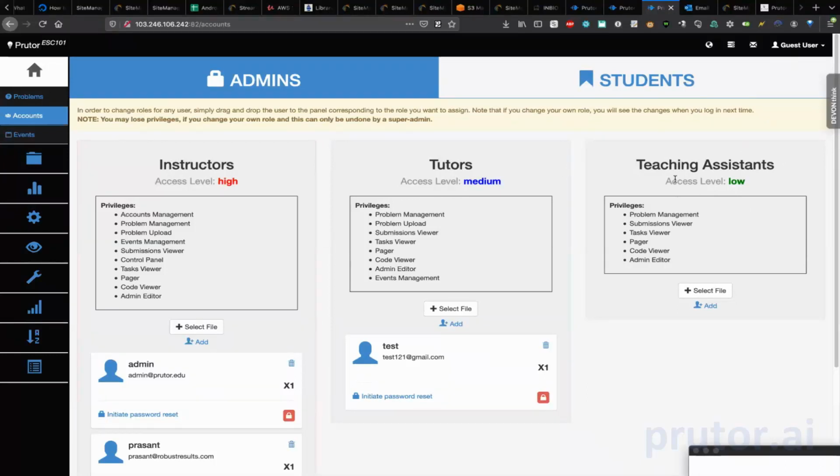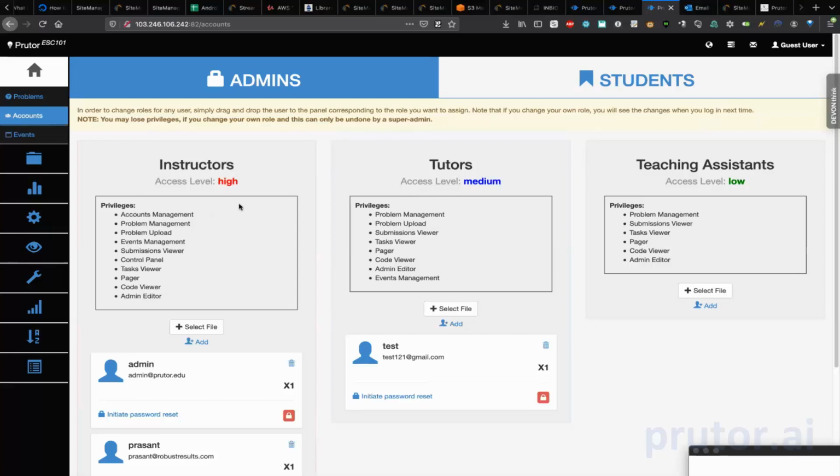When the lab is running, teaching assistants are there. Students can just click here to send a message, and teaching assistants respond to those messages and help the students. So tutors look at the overall grading, etc., and instructors the overall picture. So the final quiz, etc., are done using this one.